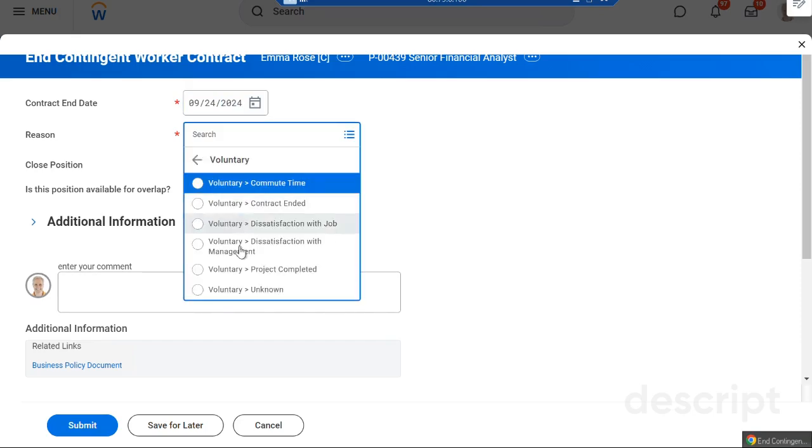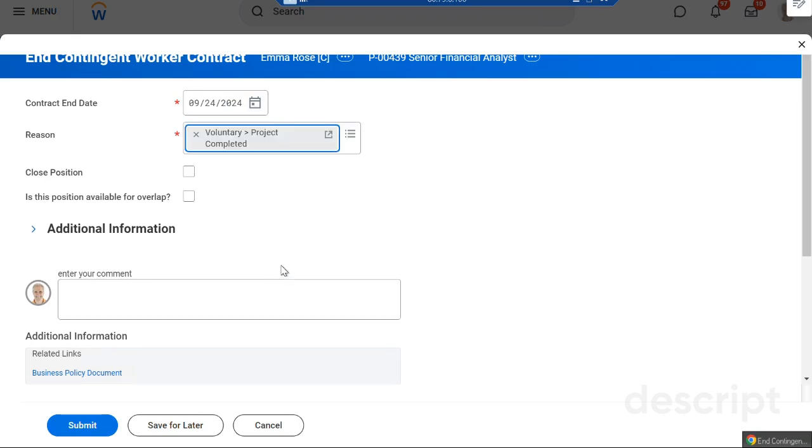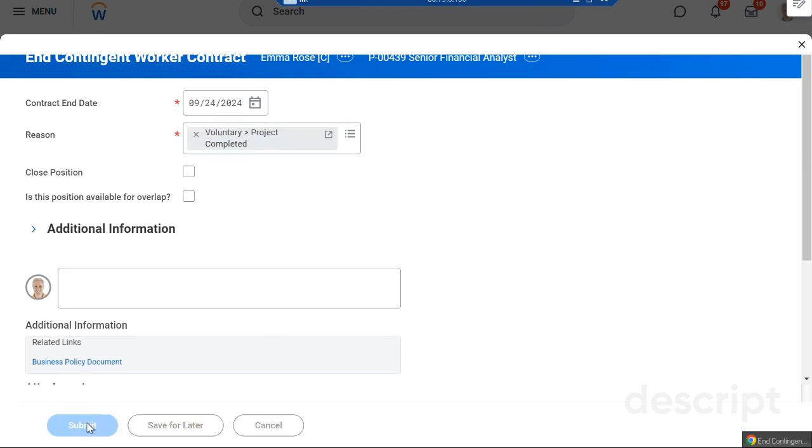Let's say voluntary, or contract end, or dissatisfied, or project complete, whatever the reason you can give. Do you want to close the position, or do you want this position for overlaps? Whatever option is suitable for your requirement, you can click on that, and let's just submit the